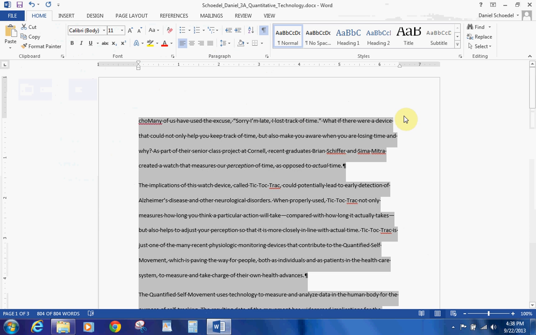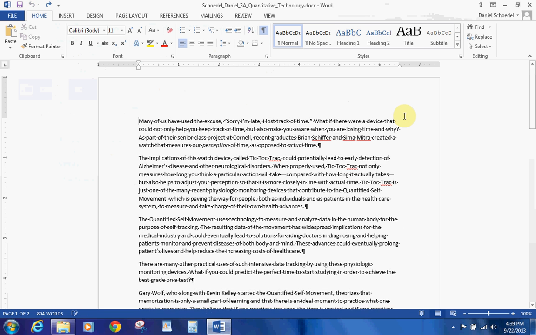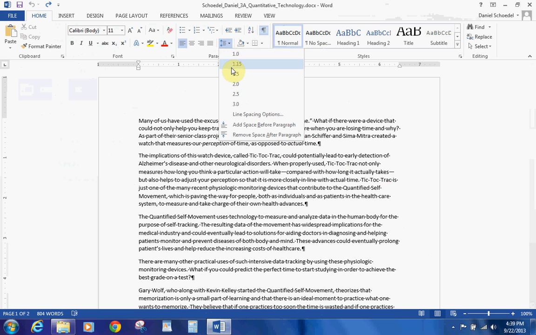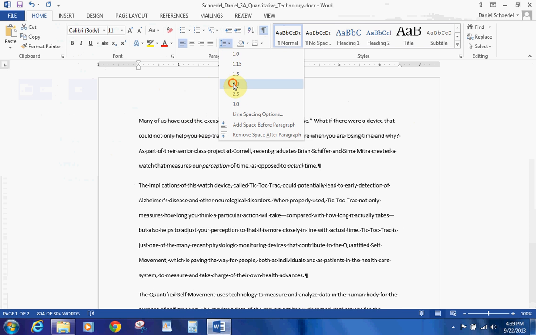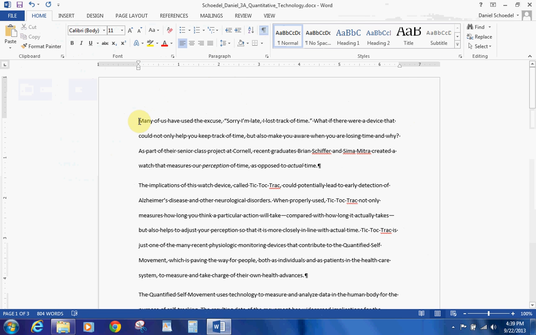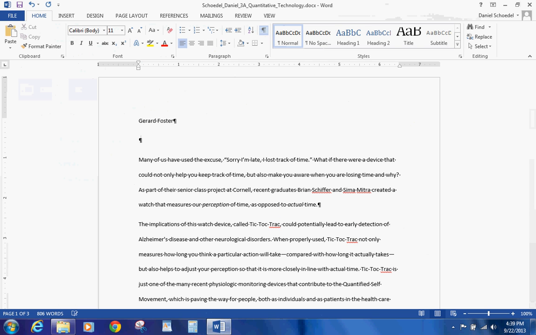Okay. Let's go up to the top of our document. So again, I'm sorry, let's go to here, double spacing. Okay, and let's put our cursor right at the beginning of the word many, and go ahead and hit enter, and tab up and type in Gerard Foster, Dr. Hillary Kim,